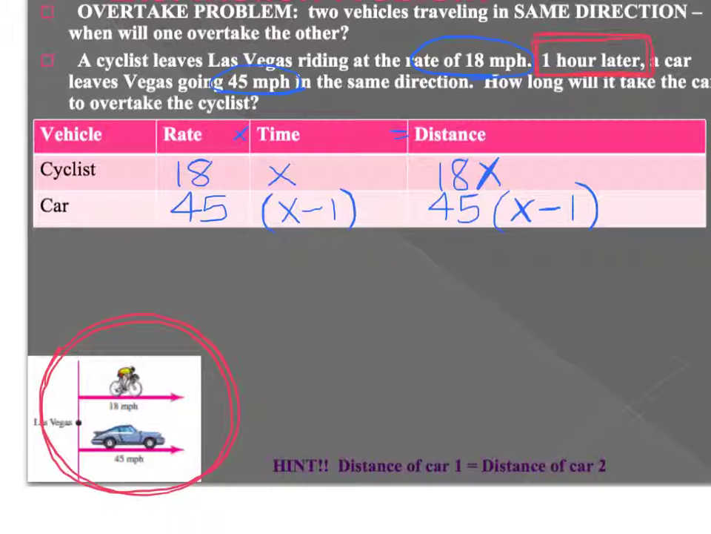Negative 45 on the right is equal to negative 27x on the left. Divide both sides by negative 27. And x is equal to